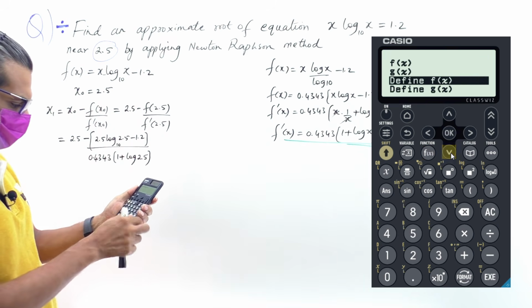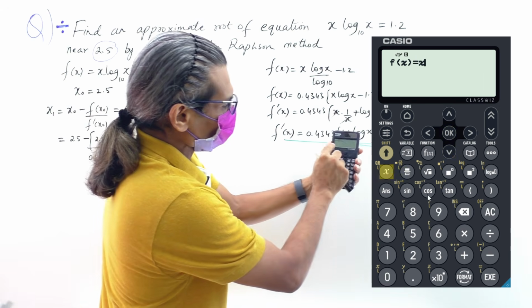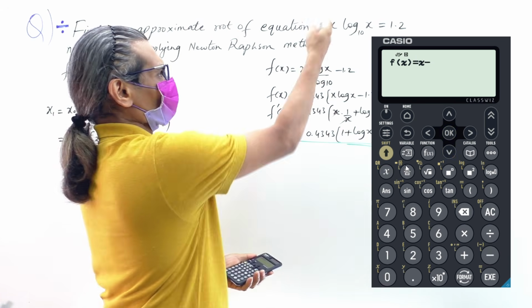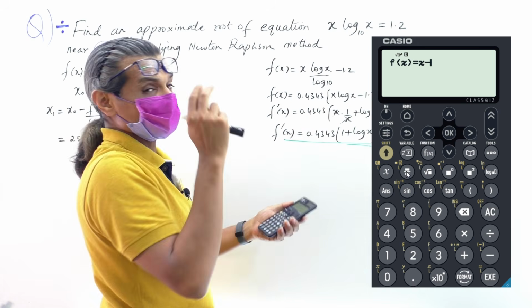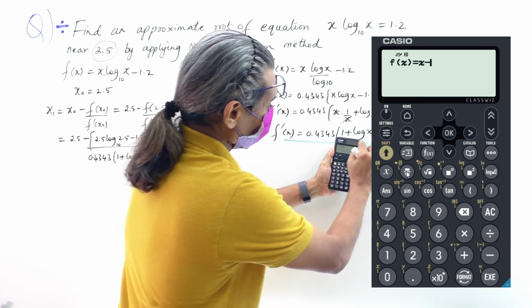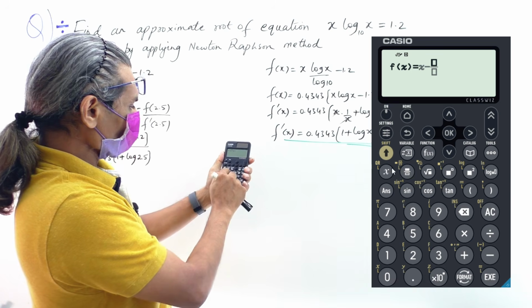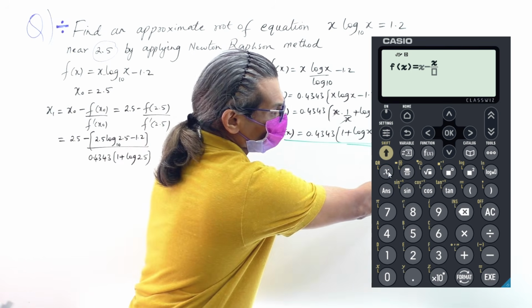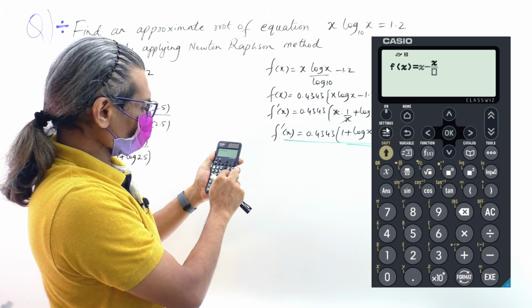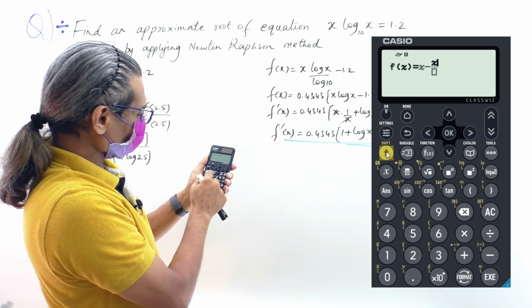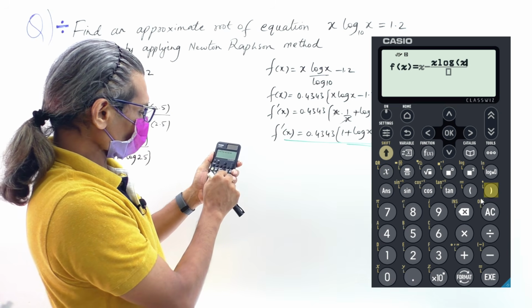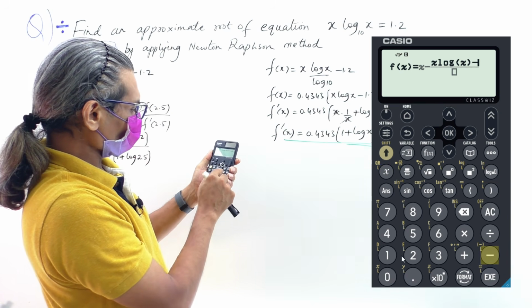Now x is there already, minus. See, x as it is, for all questions x will be there as it is, minus this will differ from question to question. It can be x sin x minus cos x, whatever it is, or x e^x, whatever. Now enter this fraction. This will be x. Now this is log x to the base 10, right? So use log. So log log to the base x, log x minus 1.2 over